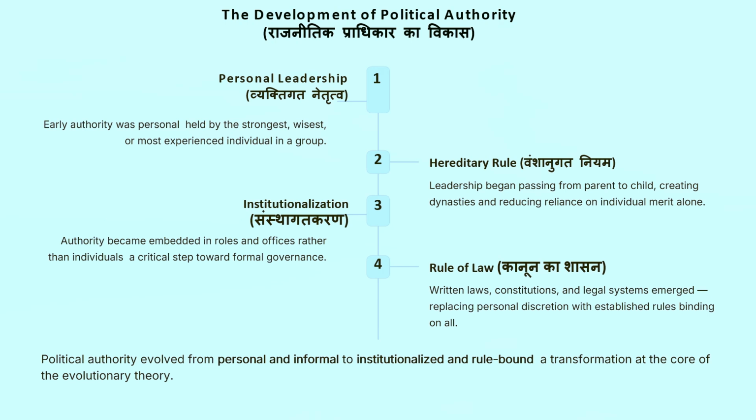Authority did not emerge suddenly. In earlier societies, leaders were chosen based on strength, wisdom, or experience. Over time, these leadership roles became more formal and structured. Authority became institutionalized, meaning it was no longer based on individuals but on established systems and rules. This political authority evolved from personal to impersonal, from personal to institutionalized and rule-based, a transformation at the core of